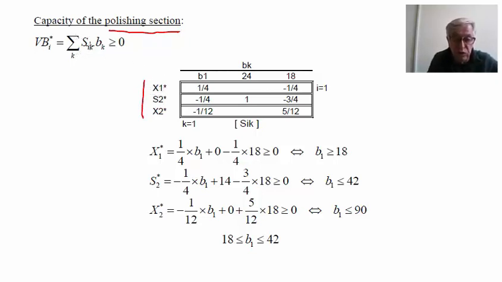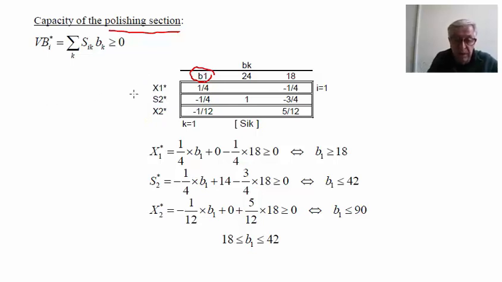So we need to use the matrix SIK, which we extract from the optimal table. We consider also the vector BK, which includes the independent terms of the restrictions. But since we want to study the variation of the availability of the first section, we consider this as the unknown. And we need then to evaluate the value of each